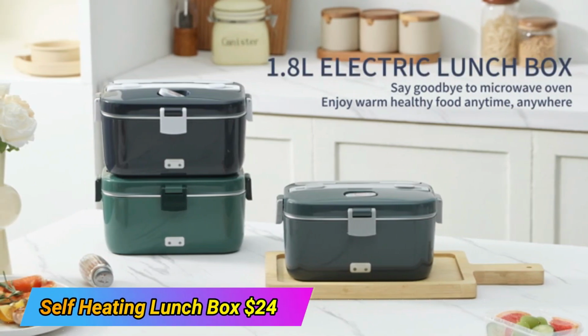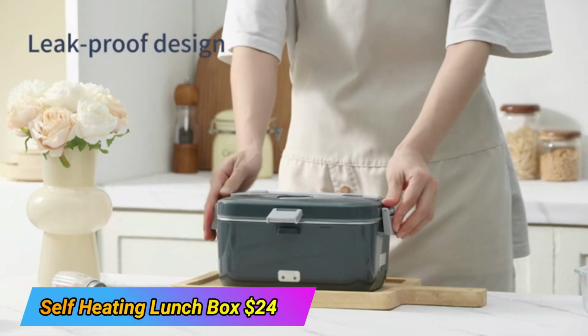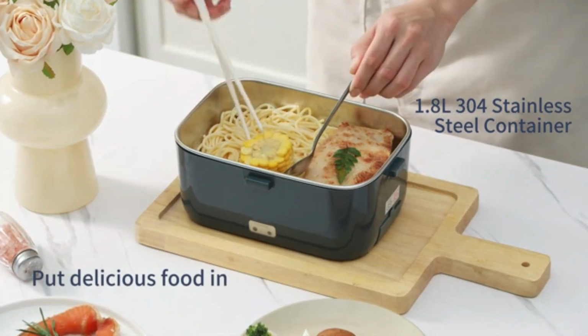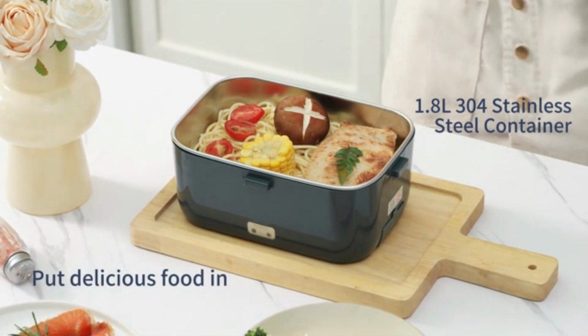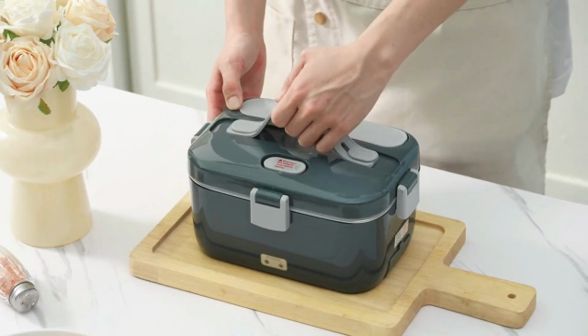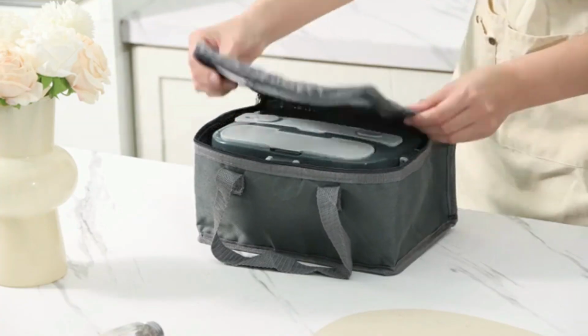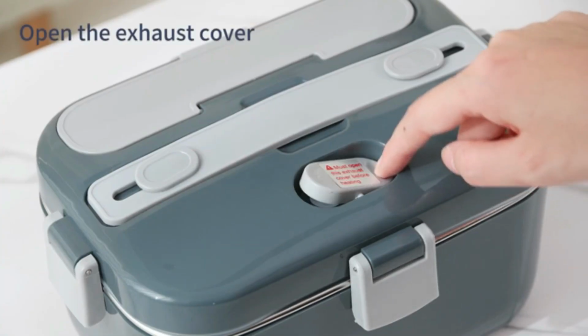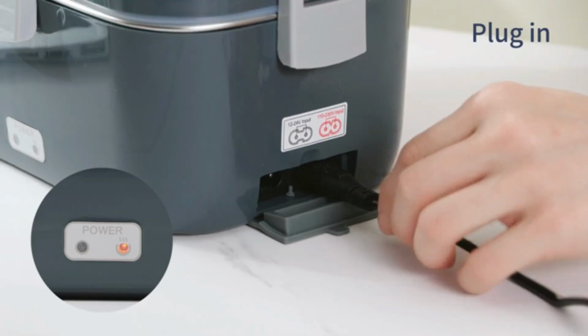Self-heating lunchbox. The Budu Electric Lunchbox is a game changer for anyone looking to enjoy a warm meal at the office or on the go. Crafted with stainless steel, this vibrant green lunchbox is not only aesthetically pleasing, but also durable, ensuring it withstands daily use. With a generous capacity of 1.5 liters, it provides ample space for a satisfying meal, making it suitable for